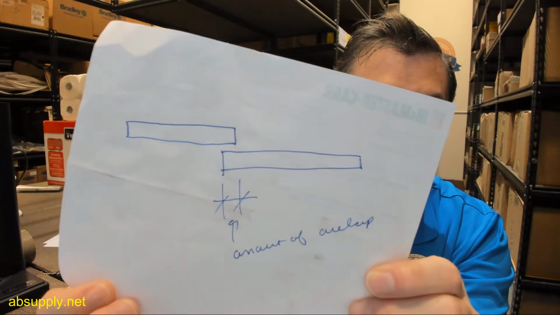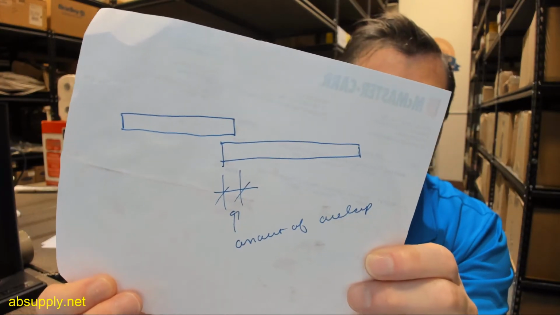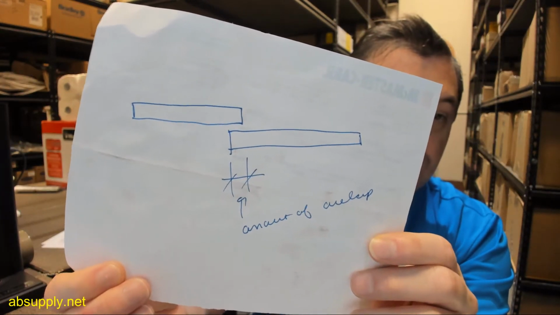Now, it's important to know what your amount of overlap is, because the length of the track that you might use, or the net width of the doors, has to be determined. And when you're building an opening,